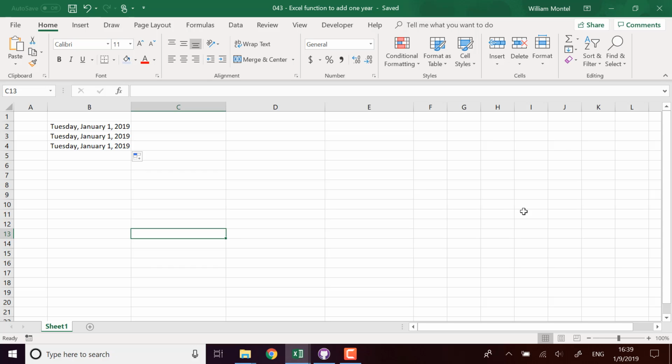Today I'm going to show you which Excel functions to use to add exactly 1 year to a date. I'm going to show you several ways we can try to do that, and you'll be able to use your favorite. So I'm going to show you how it's done,